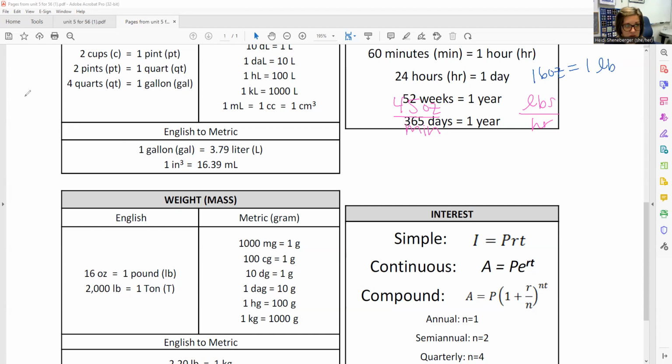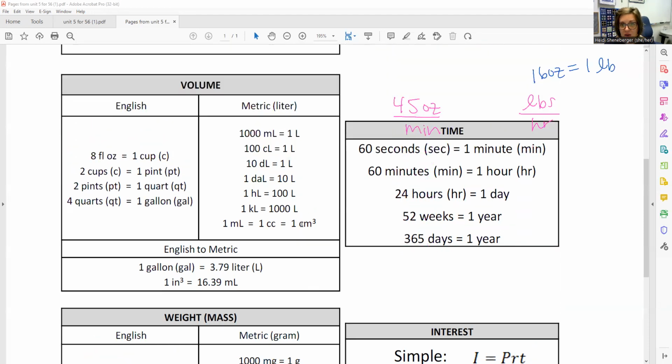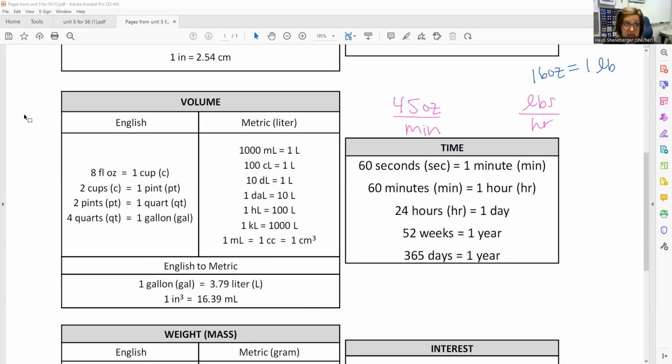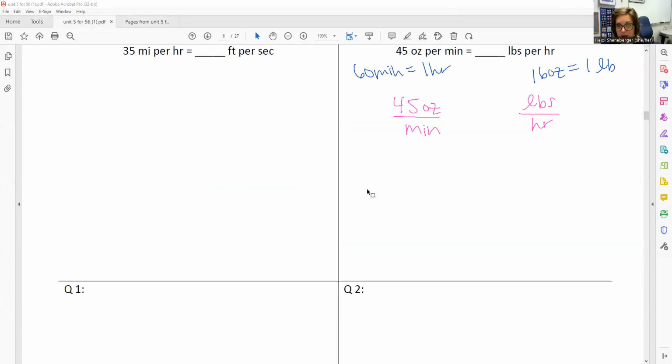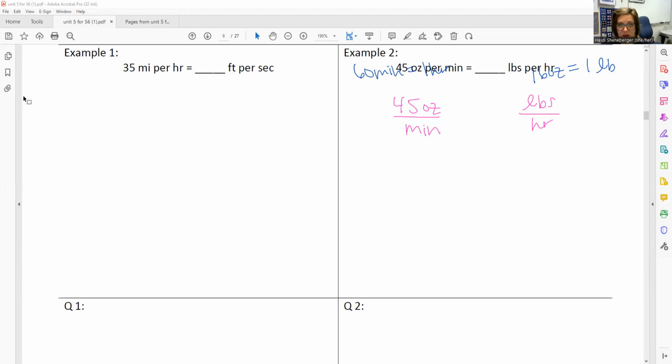Where did my time ones go? They were up over here. And luckily, I'd only need the 1 for time this time. So for time, I need 60 minutes in 1 hour because I'm going from minutes and I'm heading to hours. I'm going to take us back over to our other page. Okay. I feel like I wrote this one in the wrong spot. I'm going to move him over. We have to be able to see our problem.